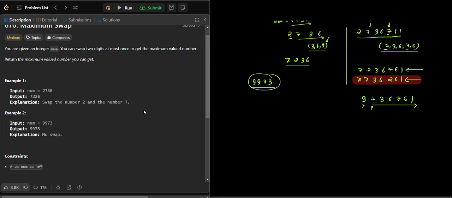We go to the next step, from 7. We check if there is any digit greater than 7. We don't have any digit greater than 7. Check for 3. Now for 3, yes, we have digits 6, 6 and 7, but which one is maximum? 7 is the maximum one. We will choose 7 and swap both of them, this and this, right?